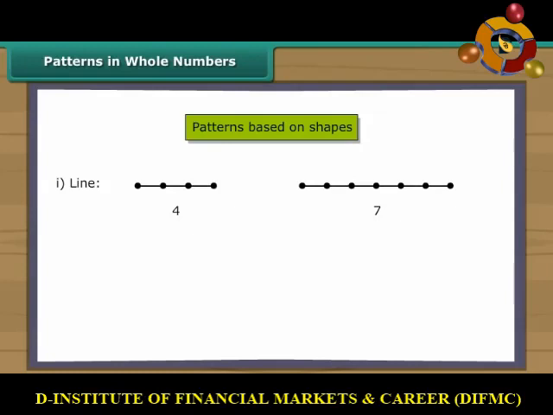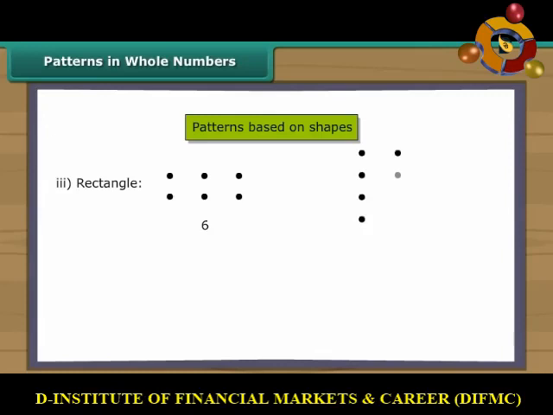For example, some numbers can be arranged as squares. For example, some numbers can be arranged as rectangles. Rectangles can be a horizontal arrangement or a vertical arrangement. For example, some numbers can be arranged as a triangle. For example,